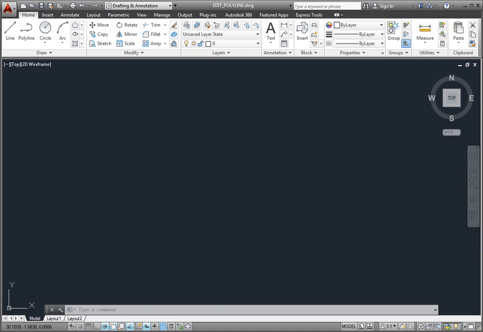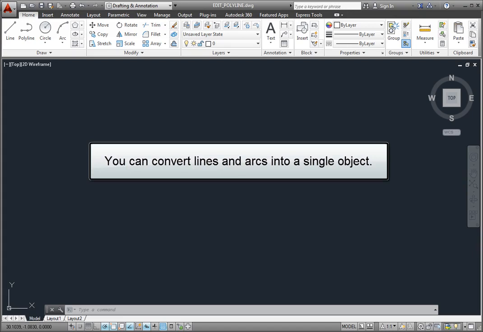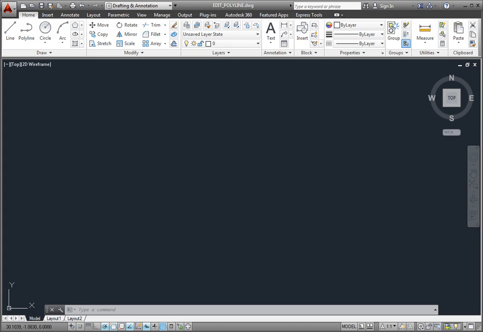You can convert lines and arcs that were created as separate but continuous objects into a single polyline object. This gives us power and flexibility to manipulate that geometry as one single object. If you've created objects as individual lines and arcs, in other words, let's say I just started creating some geometry